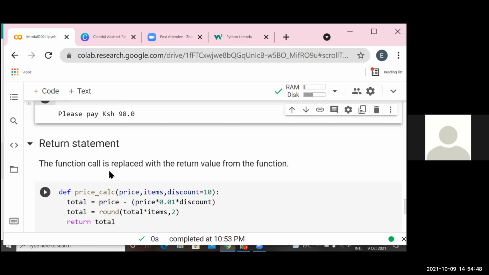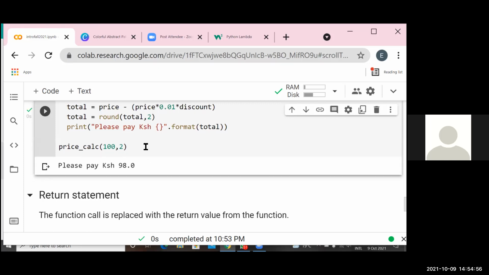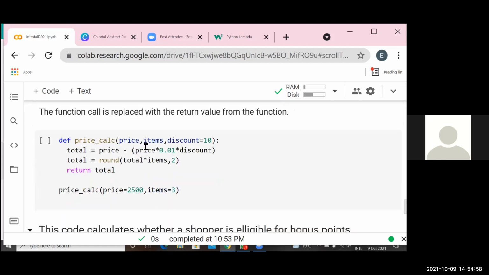So initially what we were doing is we were just printing out the value and that's it. That's all our function was doing. But with a return, you can return the value and do even more calculations with the same value. So this returns the total.